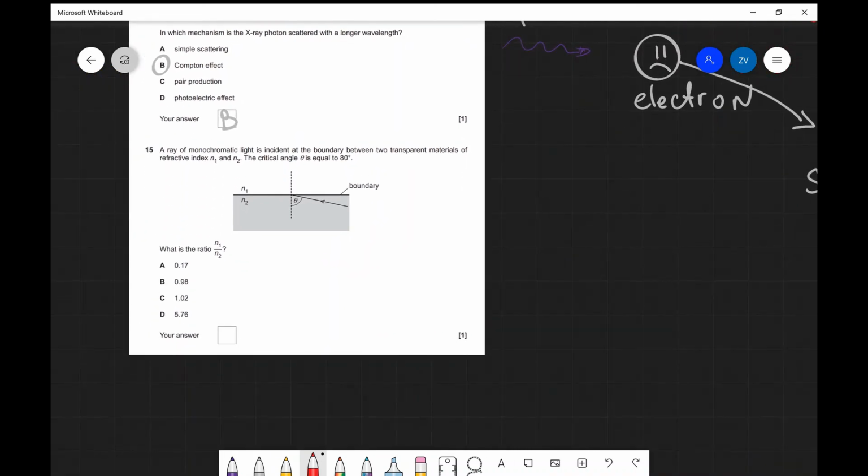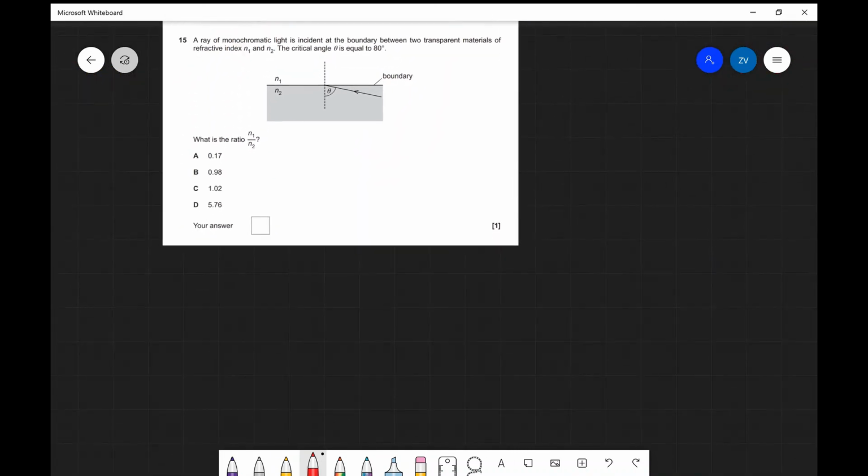Right, question 15, the very last question. A ray of monochromatic light is incident at the boundary between 2 transparent materials of refractive index n1 and n2. The critical angle theta is equal to 80 degrees. Okay, perfect. So what we get here is actually total internal reflection. We have an incident ray which goes along here, and then it's trapped along the boundary. So let's see if I can draw this. So this is in fact the path of